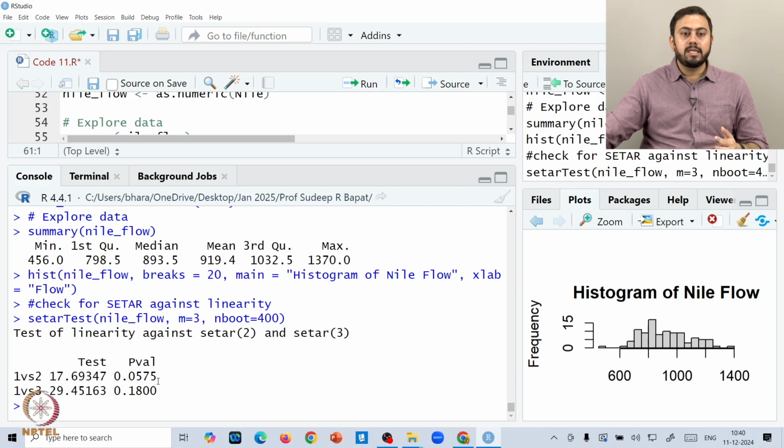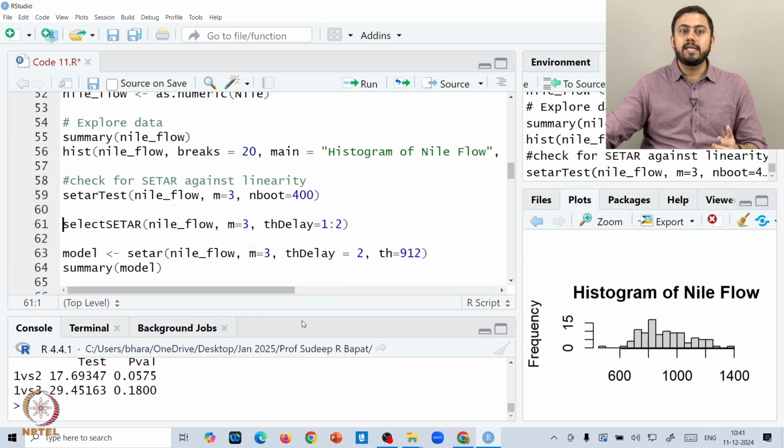In the first row, the p value is slightly significant, of course not at the 0.05 level, but let us say the 0.1 level. If you fix alpha to be 0.1, this could be significant. Of course, this one is not significant. What it means is that the SETAR 2 model could be slightly preferred as compared to linearity, but the SETAR 3 model might be overfitting. SETAR 3 is not preferred, because its p value is not less than 0.05 or 0.1. But since the first p value is less than 0.1, we can conclude that the SETAR 2 model might be preferred as compared to a linear structure.